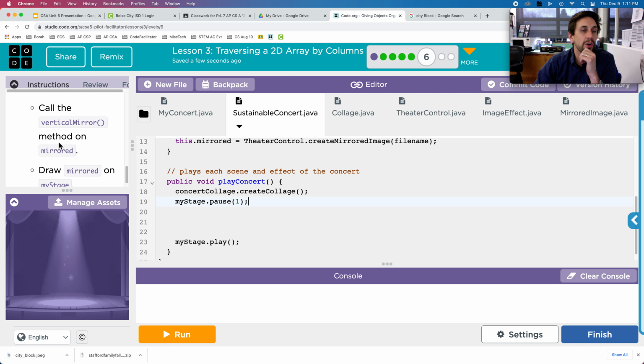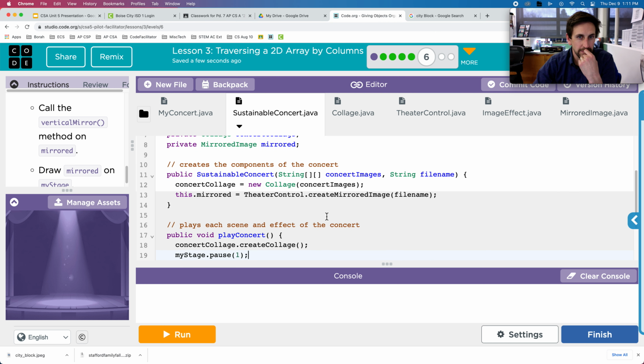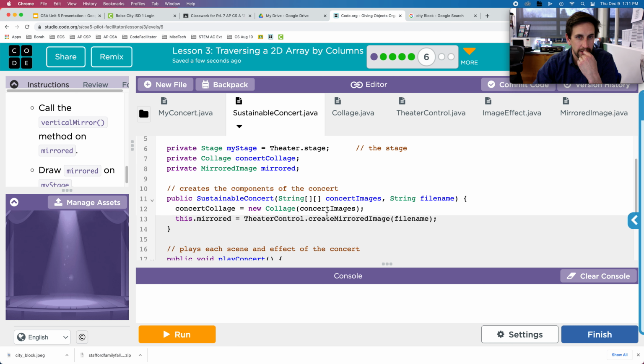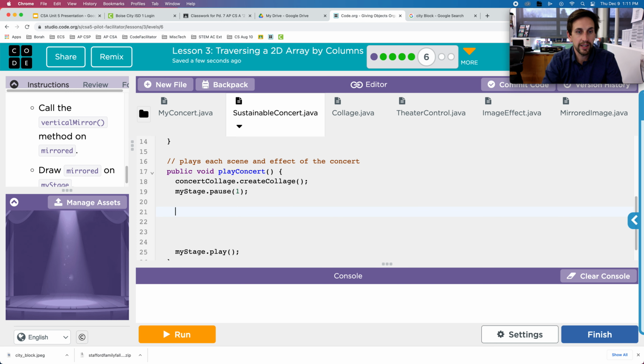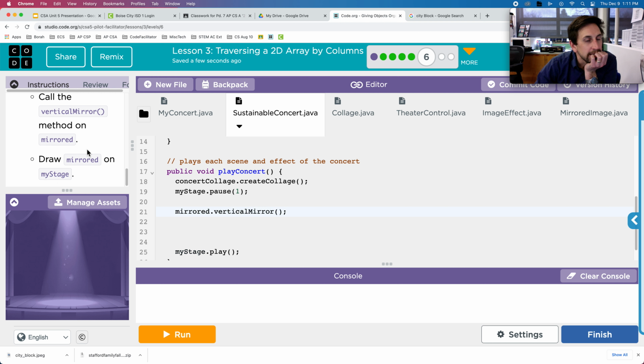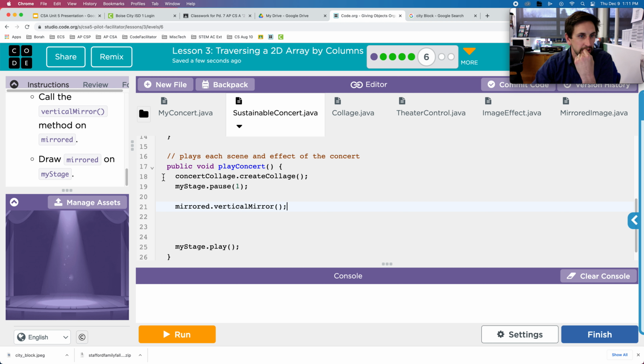And then it says call the vertical mirror method on mirrored. So I'm going to say mirrored dot vertical mirror,